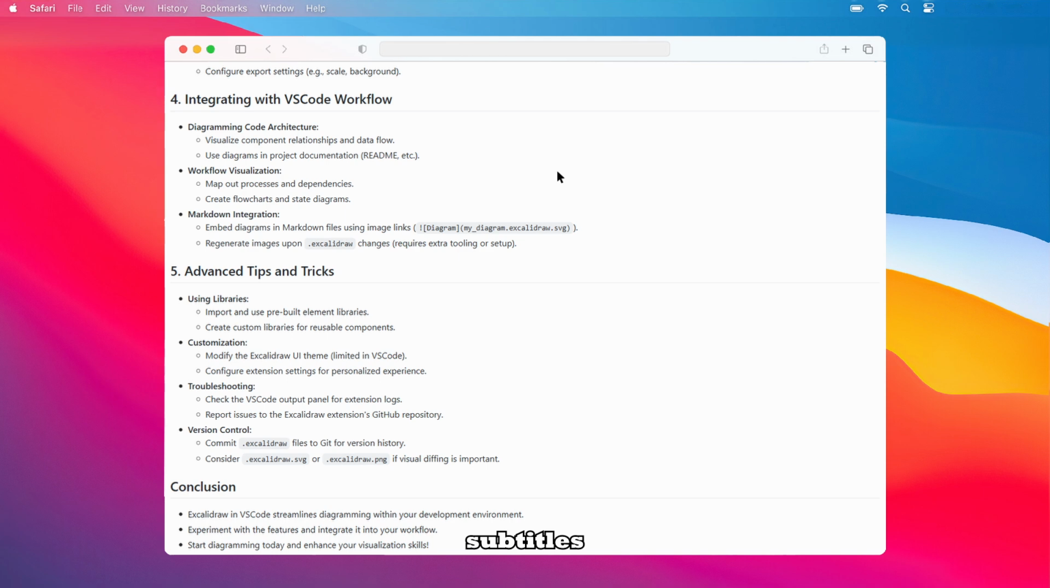Advanced tips and tricks include using libraries by importing and using pre-built element libraries, and creating custom libraries for reusable components. You can also customize the Excalidraw UI theme, though it's somewhat limited in VS Code, and configure extension settings for a personalized experience. For troubleshooting, check the VS Code output panel for extension logs, and report issues to the